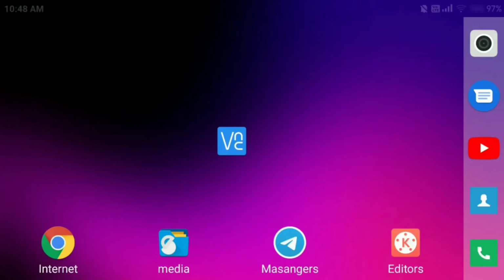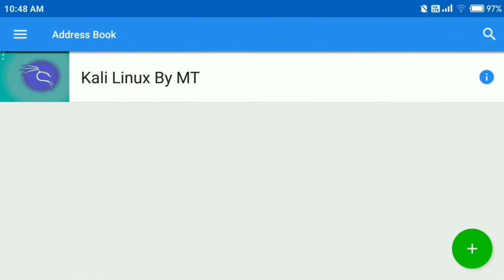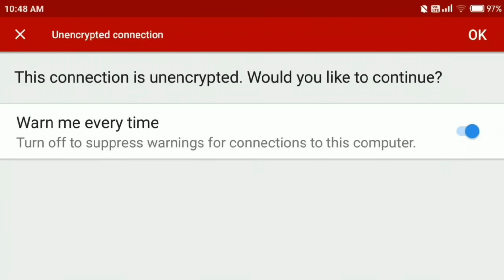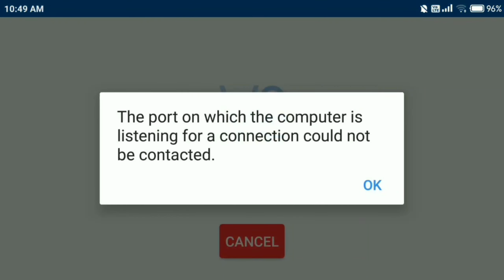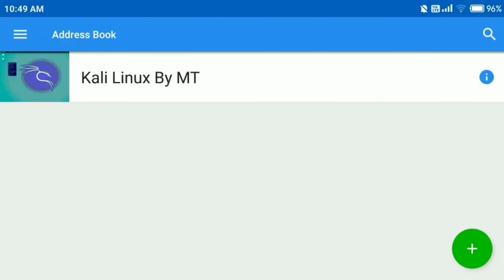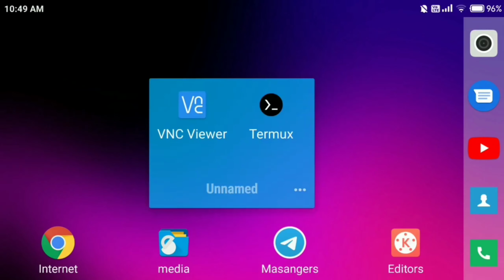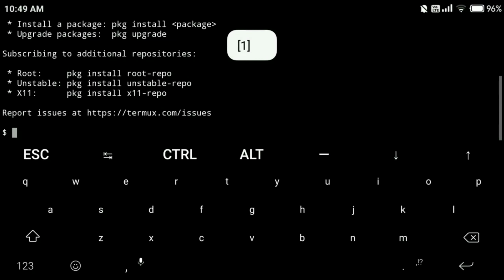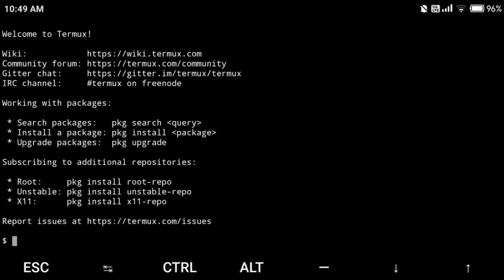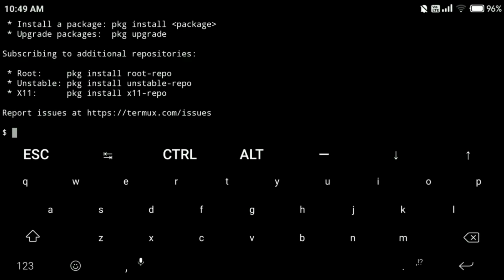I'm going to tell you how to reconnect with your VNC server again. After Termux exit, if you try to connect, you will get this error. So let's fix this error and reconnect to our server again. For that you need to open the Termux application again. When you open Termux after exit, you will get this screen. First you need to access your NetHunter or Kali Linux mode. For that you need to type nh and enter,